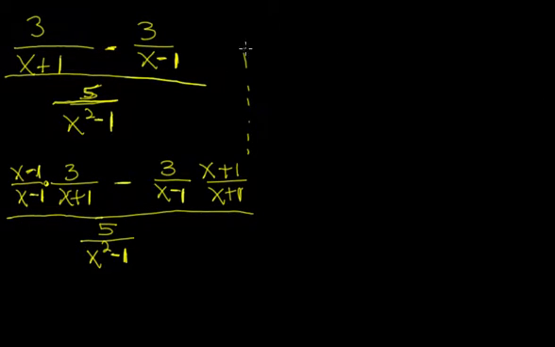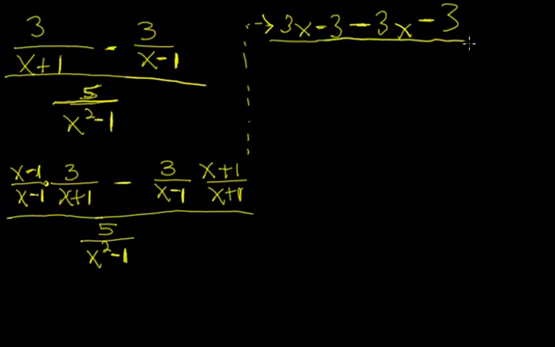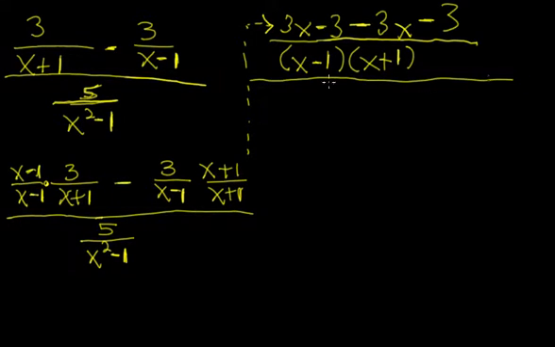I'm going to come up to here. And so I get 3x minus 3. And my minus sign is going to distribute. So I'm going to get minus 3x and minus 3 again. Right? Minus 3x minus 3. Yep. Distributes through. But we now have a common denominator of x minus 1, x plus 1, all divided by